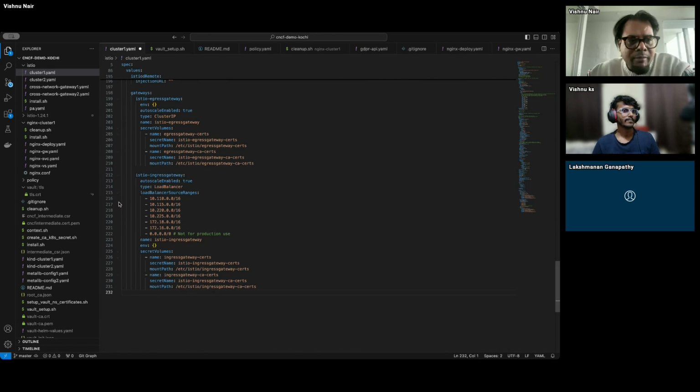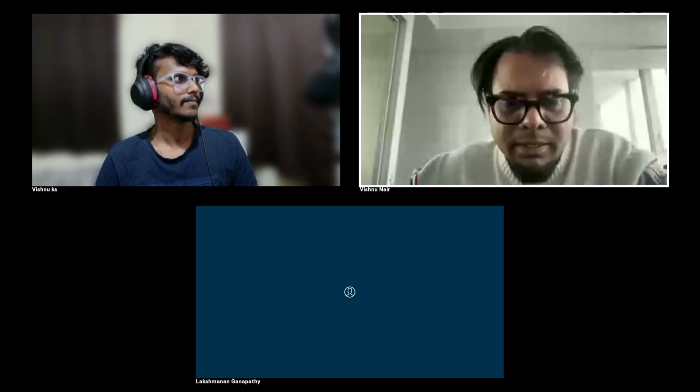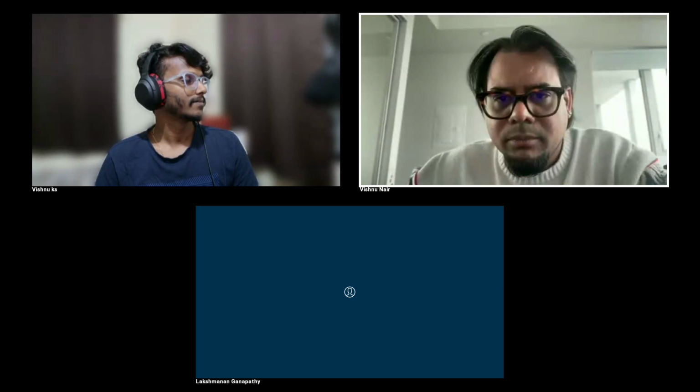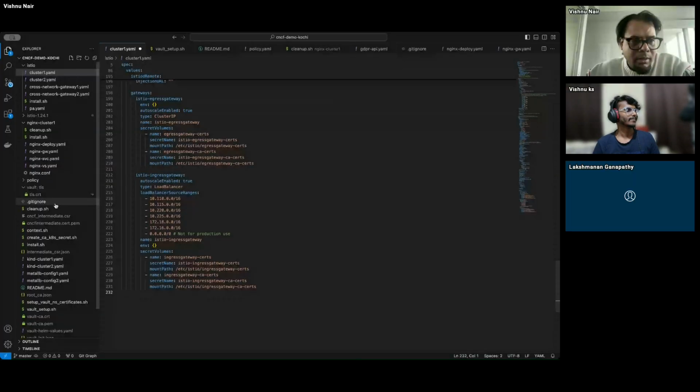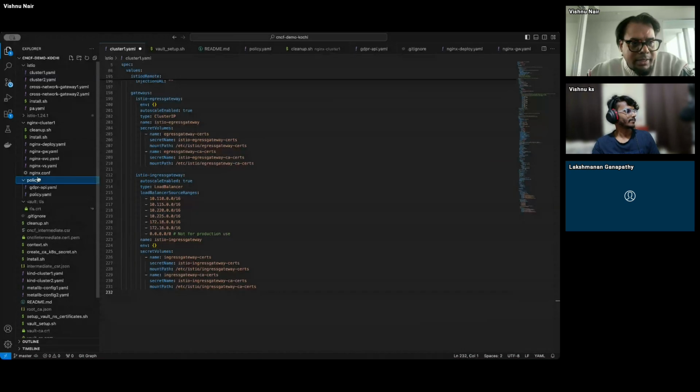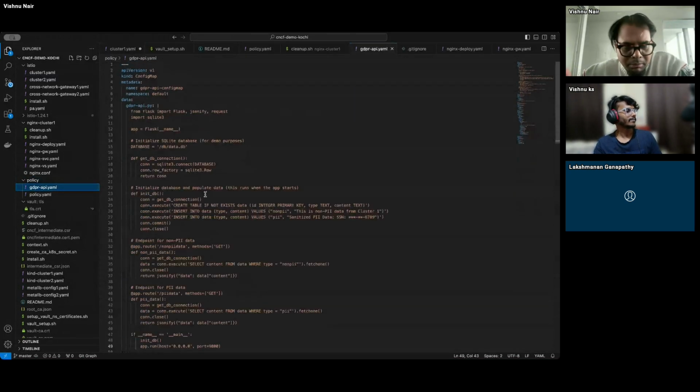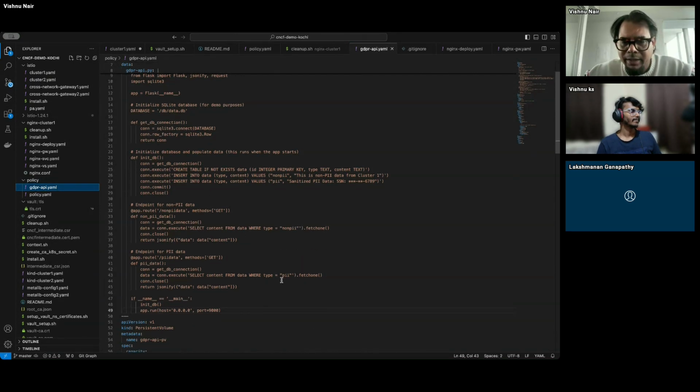Then I have another demo as well. Let's think about this: let's say I have cluster 1 in the Europe region, and in the Europe region there is a regulation in place where you don't want to share PII data outside of the region. For example, I have a cluster in the Amsterdam region, and I have another cluster in the US West region. Both of them operate under the same